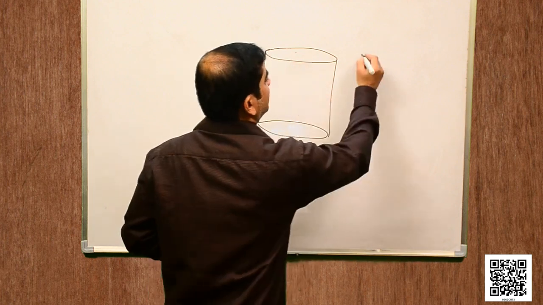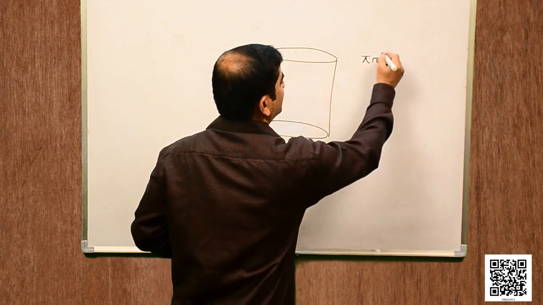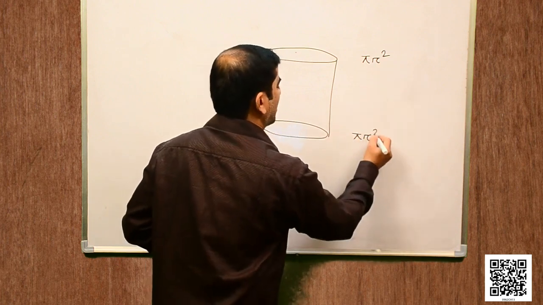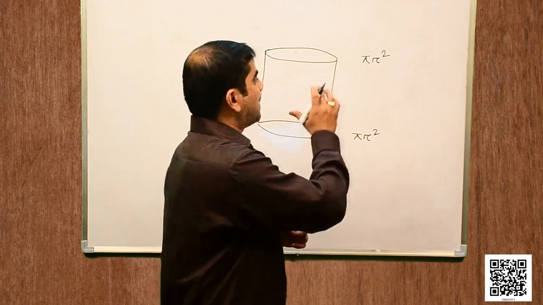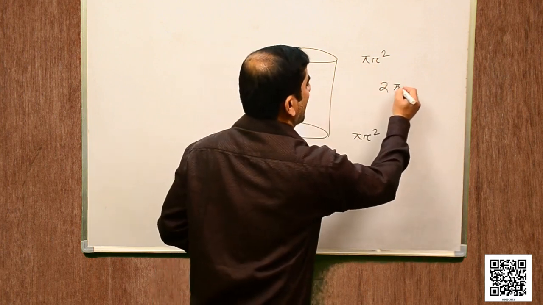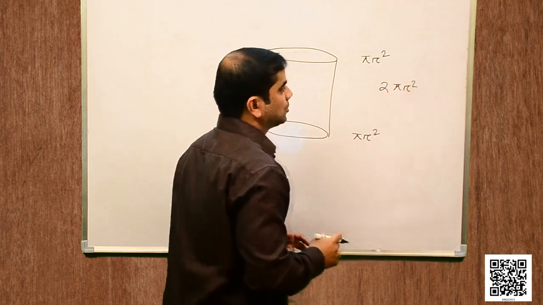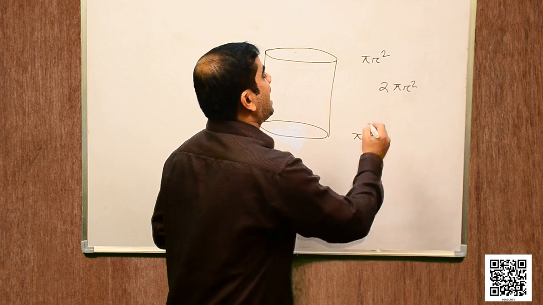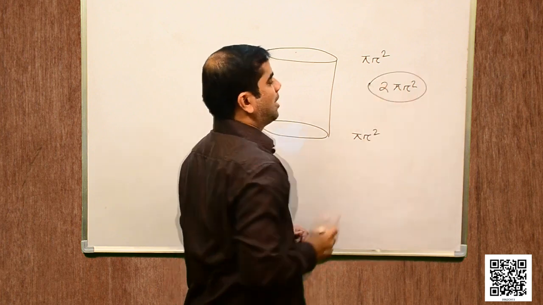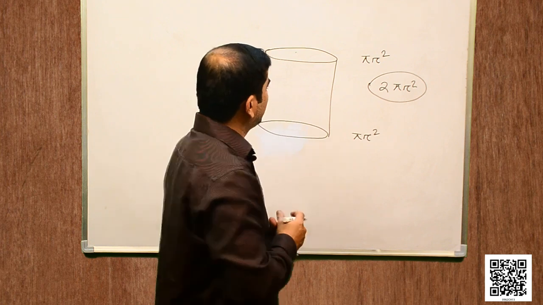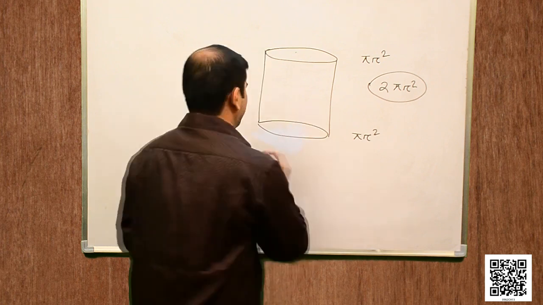So area of the circle is pi r square and bottom is also pi r square, because we know area of circle is pi r square. If we sum up, it gives us 2 pi r square. So if the top and the bottom are to be covered, they will acquire an area of 2 pi r square. That means the total surface area